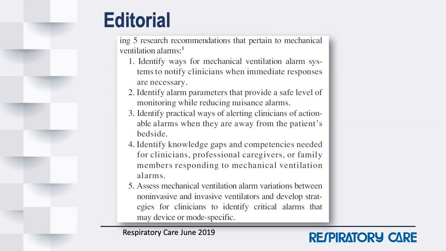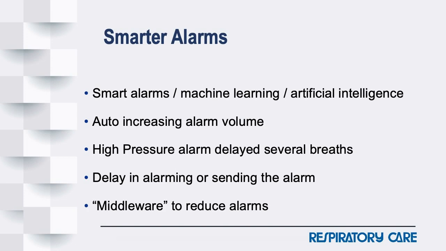They mentioned, he also brings into it smart alarms or artificial intelligence. So I want to mention this before we conclude the paper. Smart alarms, as you might hear of them, machine learning, artificial intelligence, these are the types of things that you might hear in the near future. Some have already started, like auto-increasing alarm volume. If a nurse or a therapist is in a room, it starts out quiet, and that person can remedy the alarm, but if there's no one there, then it finally does get louder. Therefore, it's not a nuisance alarm to the whole unit right from the get-go.